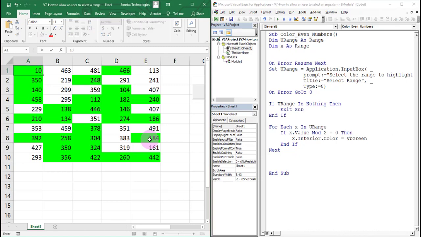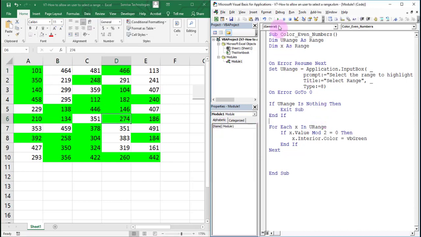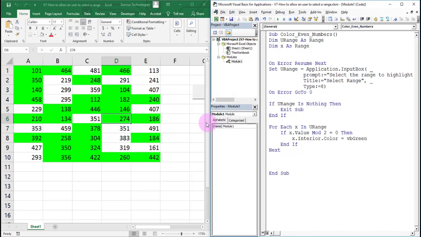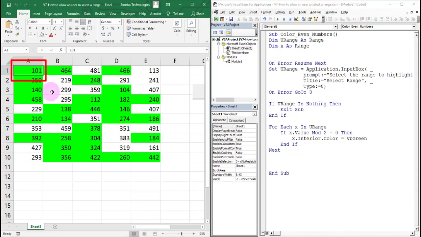Change some cell values and verify the macro. This time, all the even number cells are colored as per our requirement, but the modified cell value is still highlighted, which was from the previous execution.